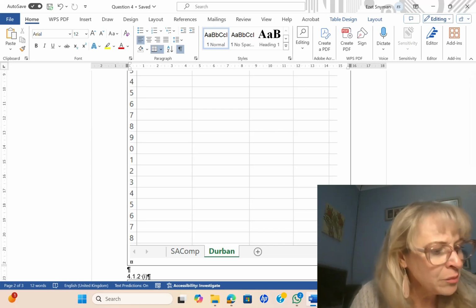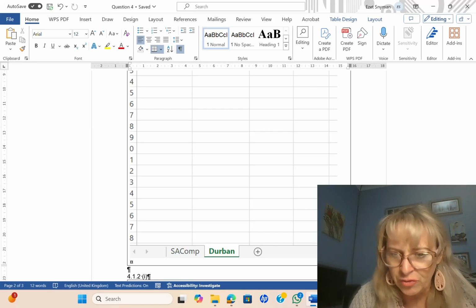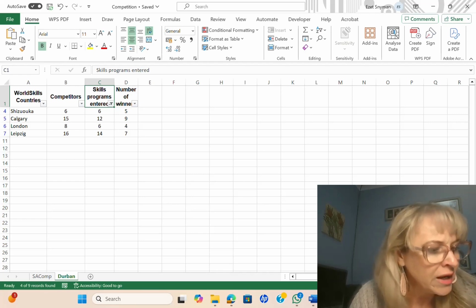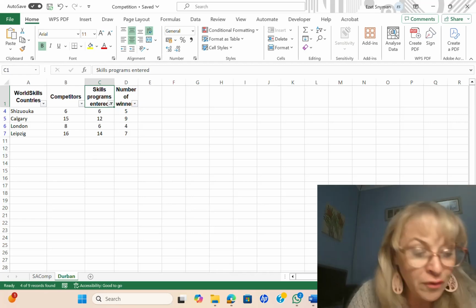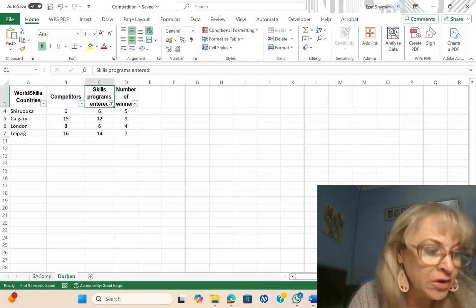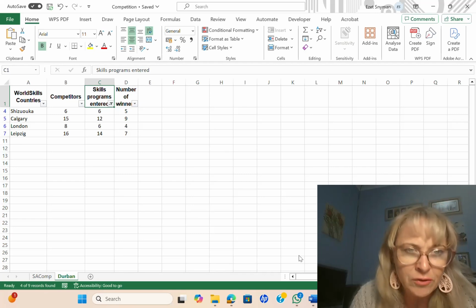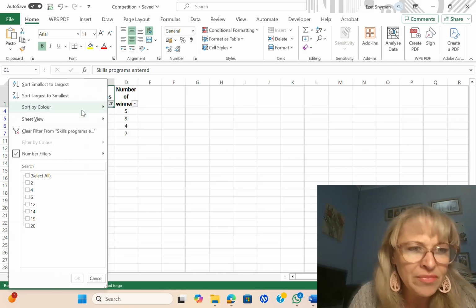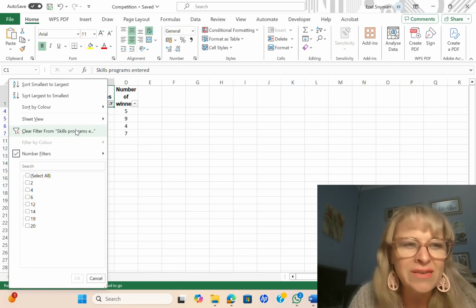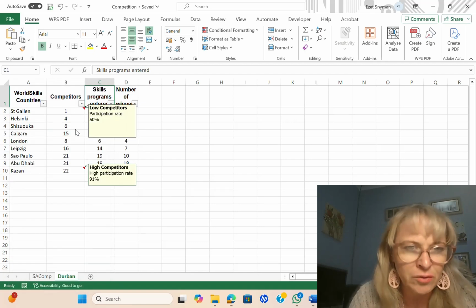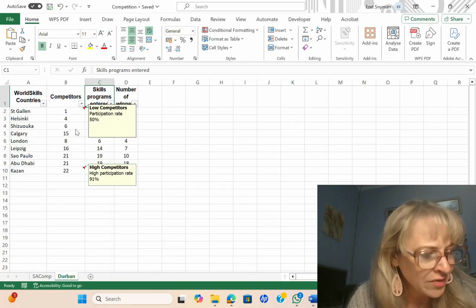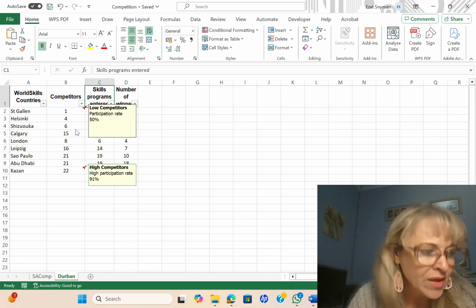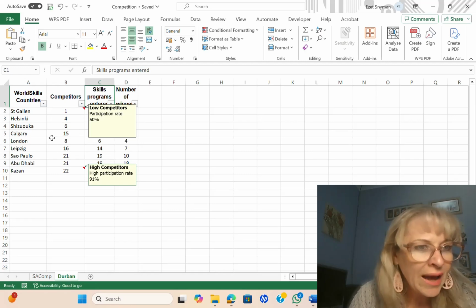All right, then number C. Now we go back to Excel. We've made our screenshot. Then, still after B, after you've done the screenshot, they want you to clear the filter. So you click on that filter button in column C, and then you select that option that says clear filter from the skills program. All right, done that. Now we move to C. Copy the range A2 to D10.